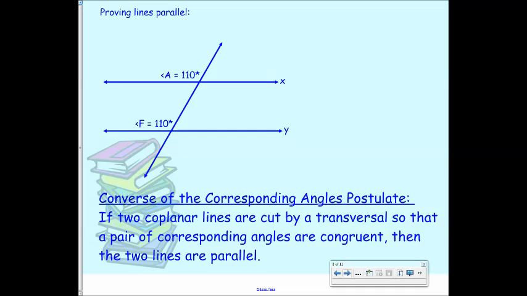All right, that's written right here for you, but again, in fancy terms, okay? So this is basically just saying, given two congruent corresponding angles,